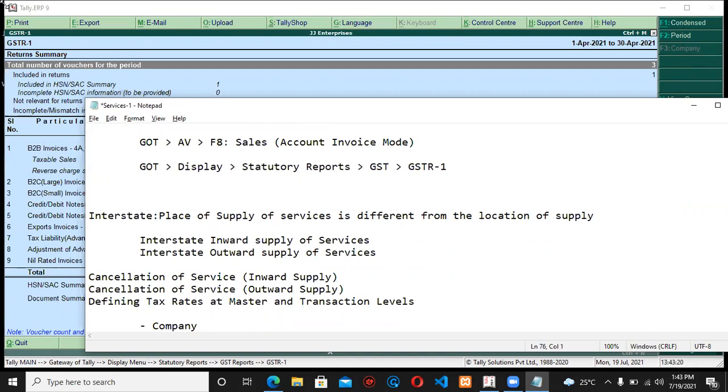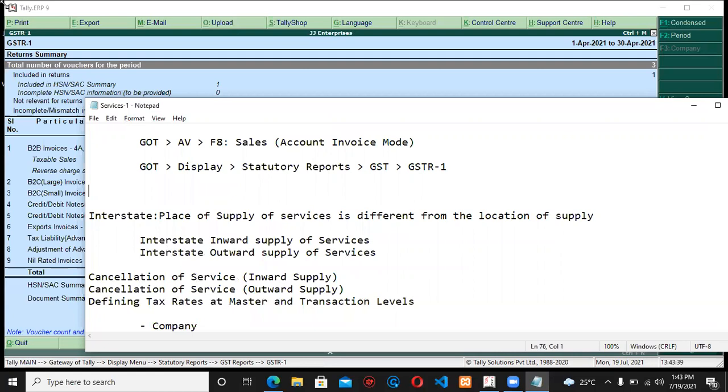So with this, we have completed the task of recording your intrastate inward supply of services and intrastate outward supply of services.